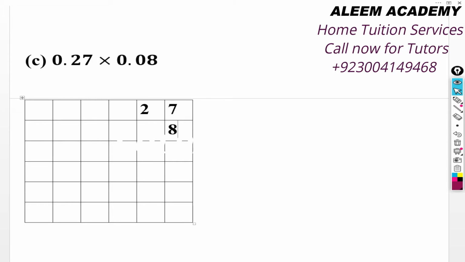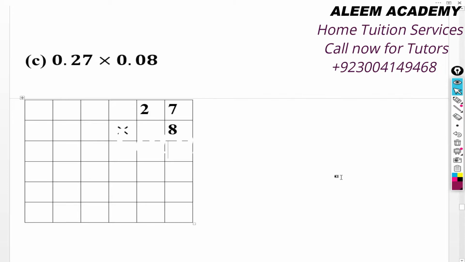Not without zeros, you have to include those zeros which are countable, which are considered in that number, which are coming after the digits. Like if there is a zero in between 2 and 7, like 207, then you have to write that. But the zeros before the digits, we do not consider them. So write the sign here. What you have to do, you have to multiply them. Okay, now simply multiply them.